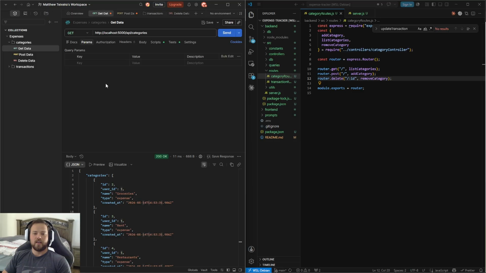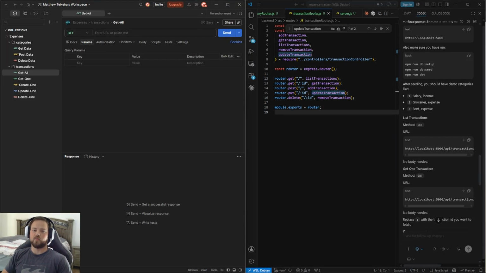Now, go ahead and try this with the transaction route. If you can't get it, that's fine. It's a bit more complicated. There's some more going on there. We'll cover that here in a second. So try it out. All right, hopefully you had some success with trying the transaction routes yourself and setting them